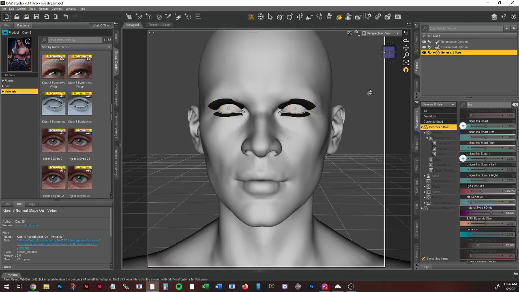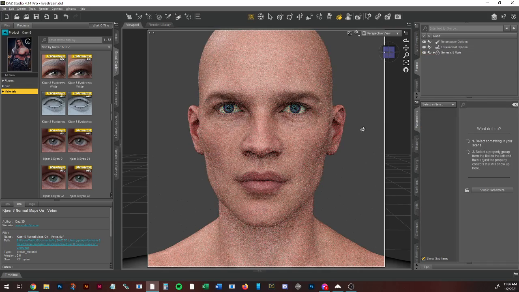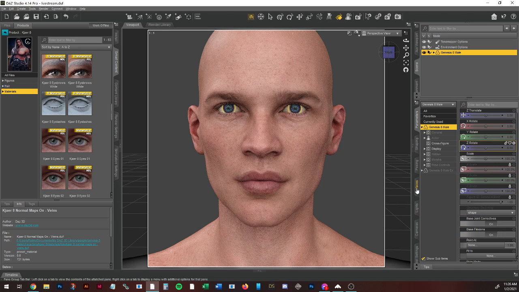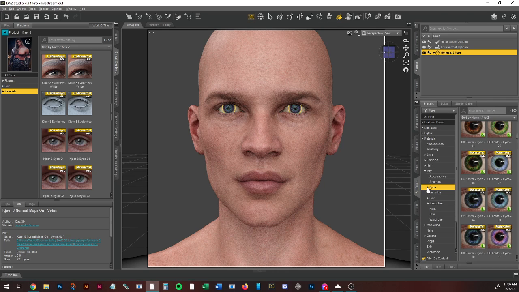Probably tone this down a bit. And that's already a little bit of an improvement. Not a ton, but a bit. So then I will go back into my surfaces tab,